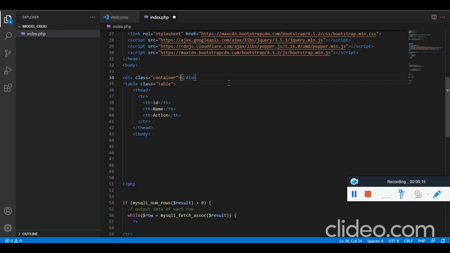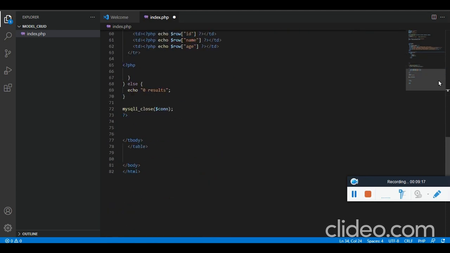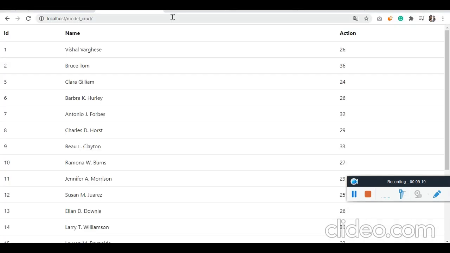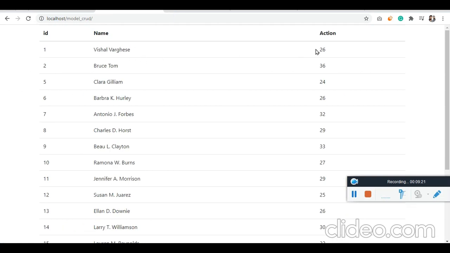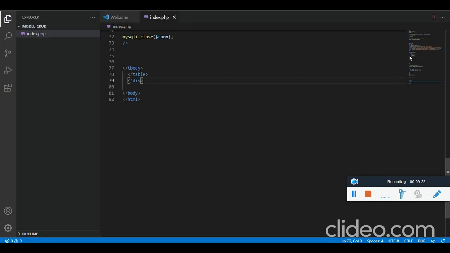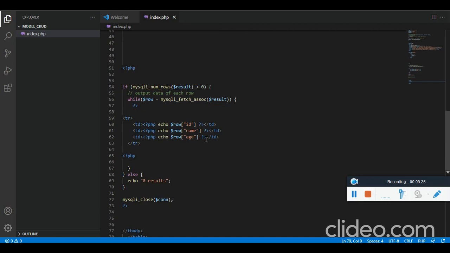So let's place this inside a container just to have some padding on both the sides. Let's surround this inside table. Now in place of action we want one thing, which is button. Let's remove the age, we don't want age. Instead of age we want button. Let's have ID attribute, let's call it show.